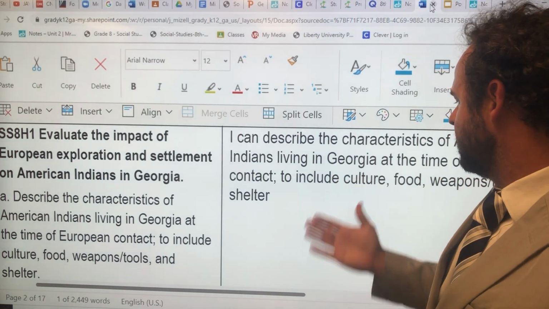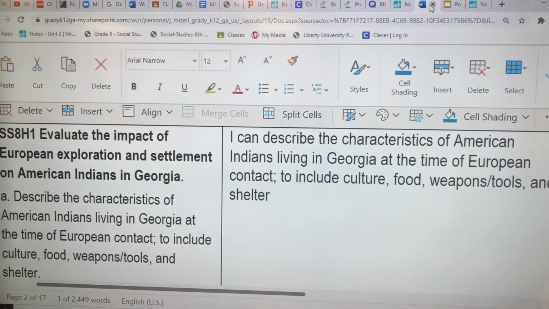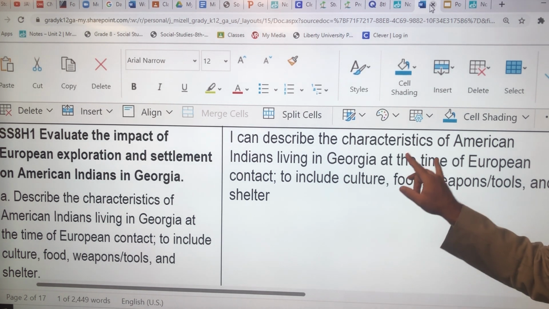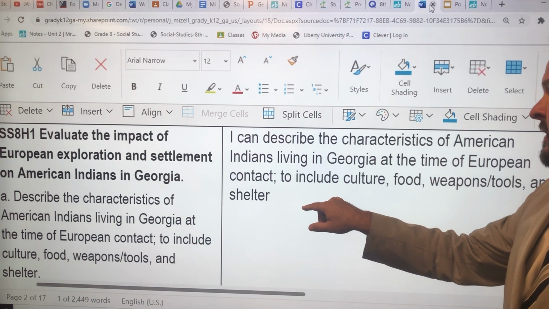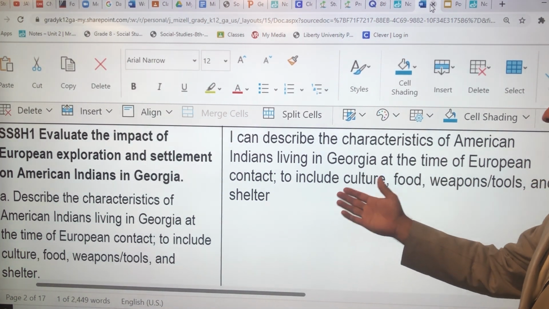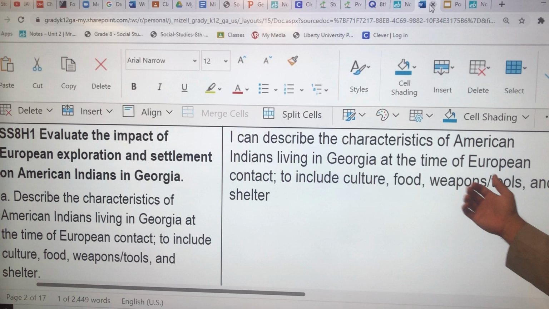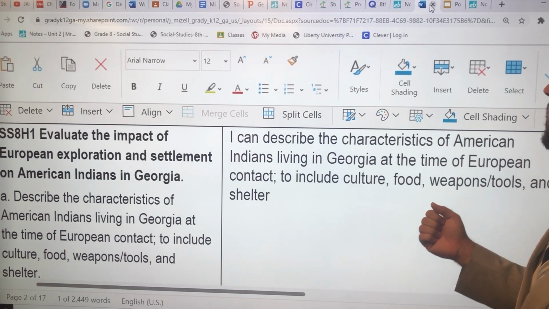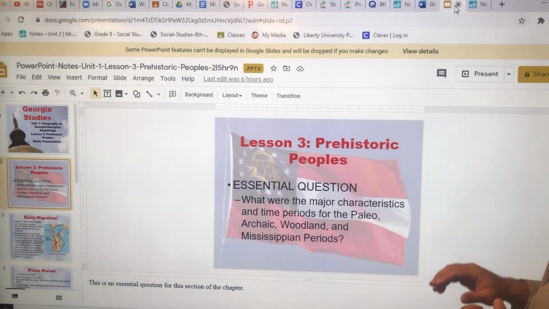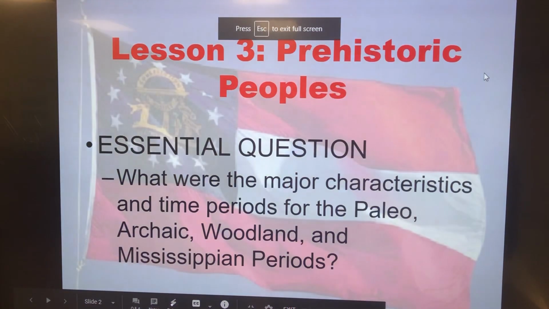And so at the end of this lesson, you should be able to describe the characteristics of the Indians living in Georgia at the time of the European exploration. Now, characteristics means in the context of their culture, their food, their weapons and tools, and shelter. They all had different pieces that they had. So, if you go right into the Google Slides,